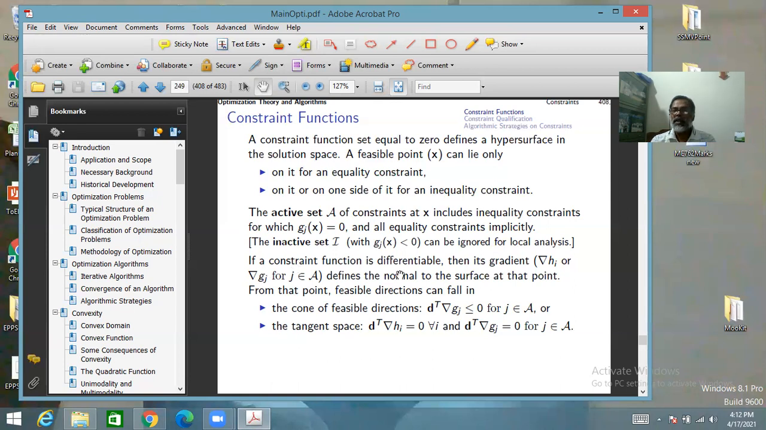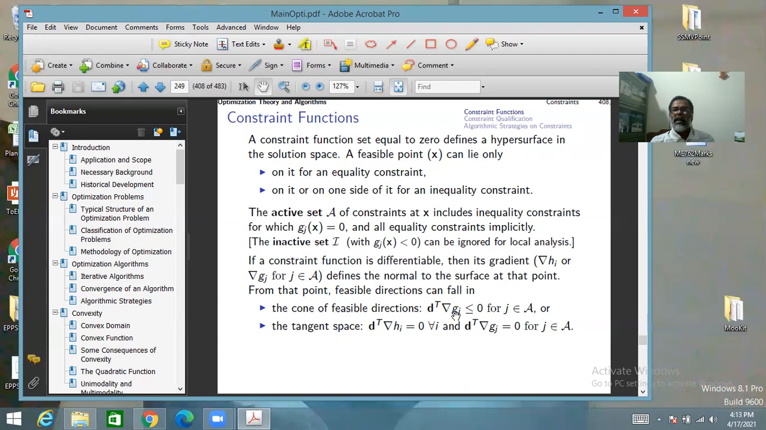If a constraint function is differentiable, then you can talk about its gradient, first order derivative. And that you talk about only for active constraints, all the hs and those gs which are in the active set. So its gradient defines the normal to the surface or hypersurface at that point. From that point, feasible directions can fall in the cone of feasible directions for which